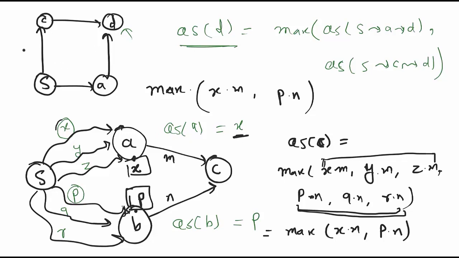Similarly, in this example, if there are two paths, we can find out the quality score of A and the quality score of C, and use those quality scores to directly find out the quality score of D, instead of again computing the quality score of the whole path S to D. We can save the quality score of C, and then find out the quality score of D using the saved computation.